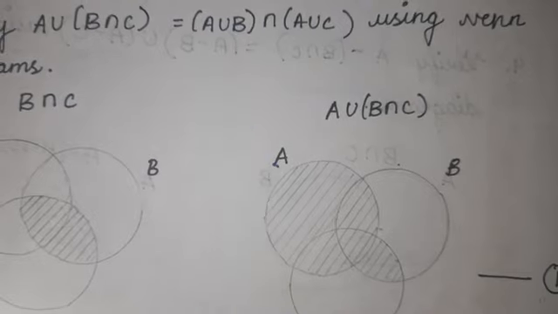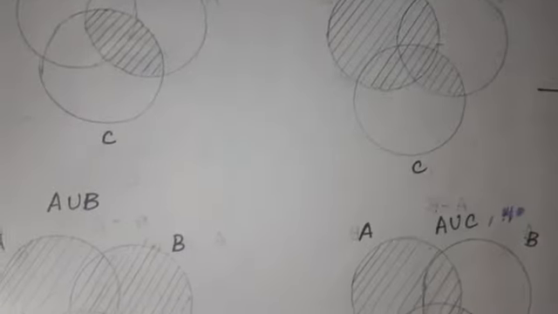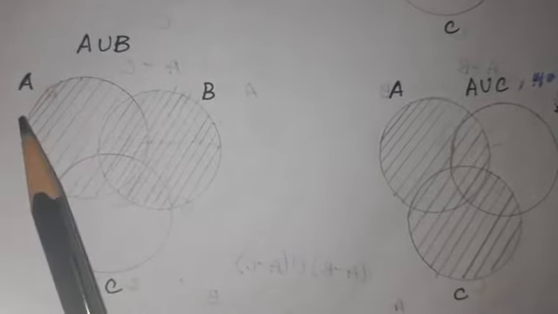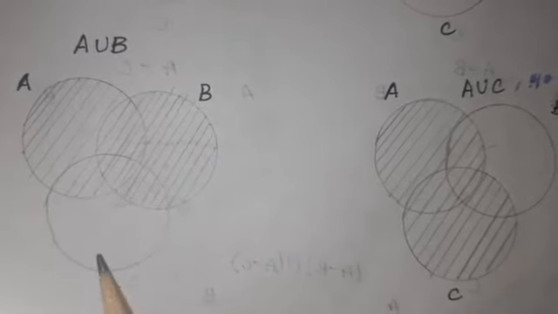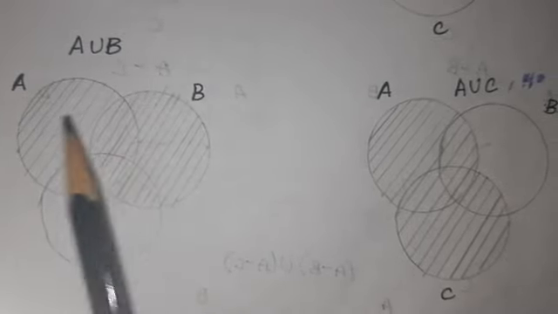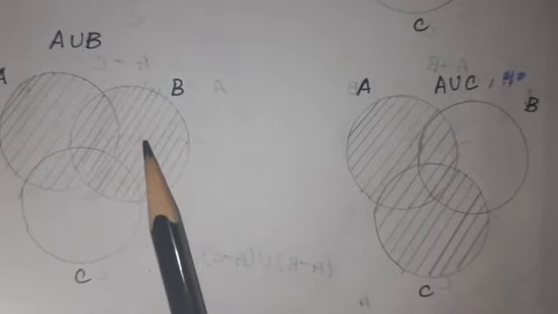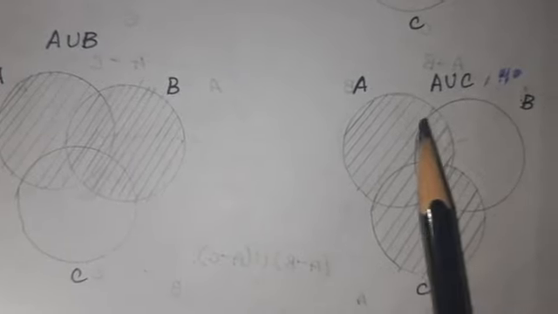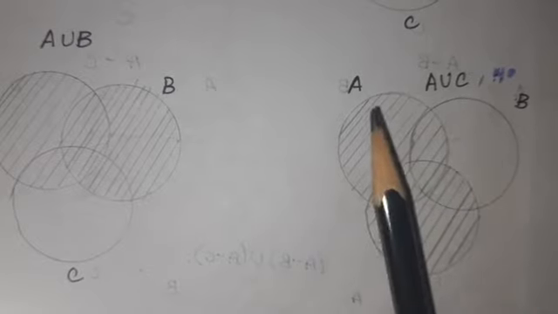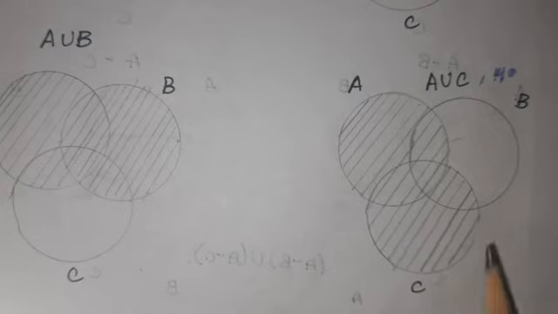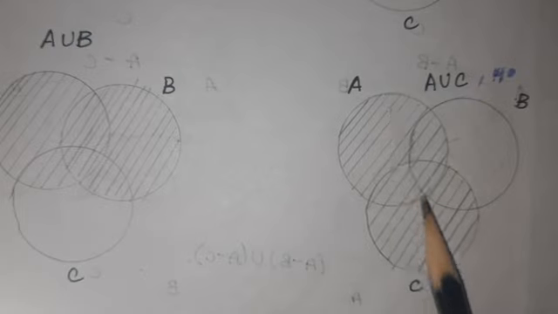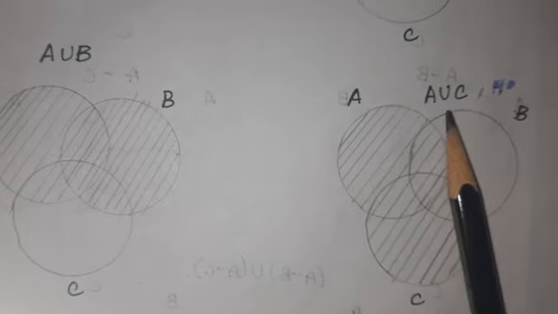Now, I am going to find A union B. See here, draw 3 circles: A set, B set and C set. Give the names as A, B, C. What are we going to find? A union B. This is the A circle, this one is the B circle. Union means both should be shaded. Next I am going to find A union C. You should draw 3 circles. Give the names as A, B, C. What are we going to find? A union C. A set, C set. Fully it should be shaded because it is union.